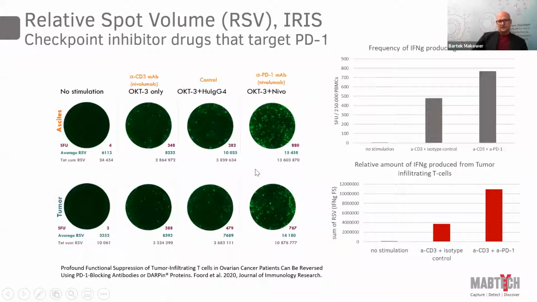This is an interesting paper in cancer. So here they look at PD-1 inhibitors. PD-1 is an inhibitory receptor on CD8 T cells. And in cancer, it's quite common that infiltrating cytotoxic T cells in the tumor are turned off using this PD-1 co-receptor. So if you block this receptor, you kind of release the cytotoxic T cells, and they can then again kill the cancer cells. So in this experiment, they looked at infiltrating T cells in ovarian cancer, and looking down here,